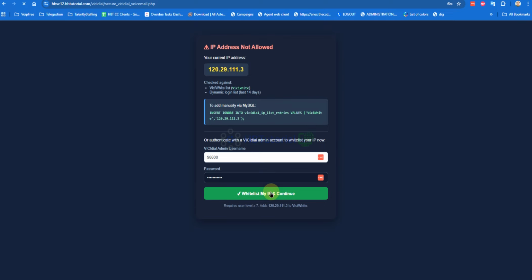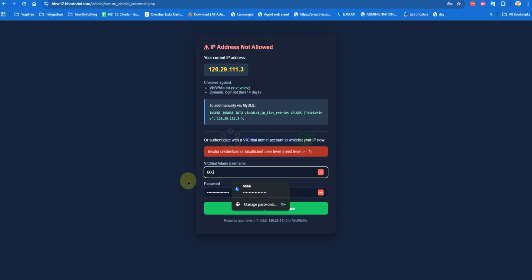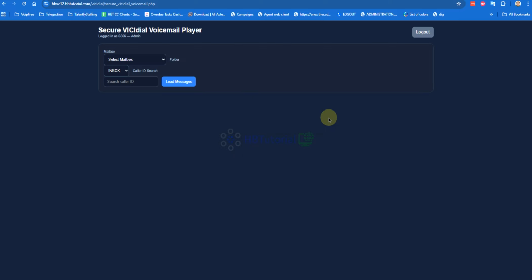It says insufficient level, so it needs admin access here. Select the inbox.